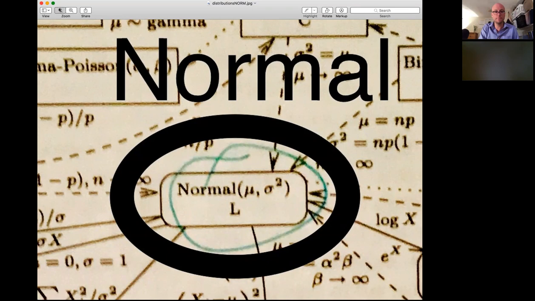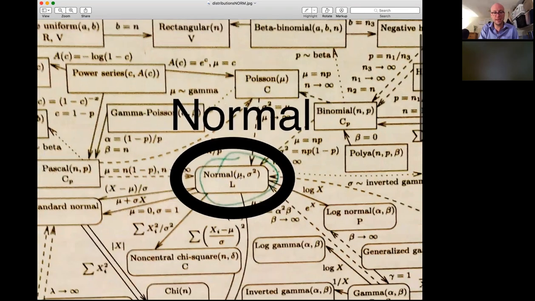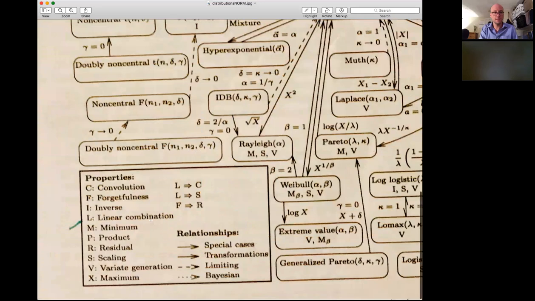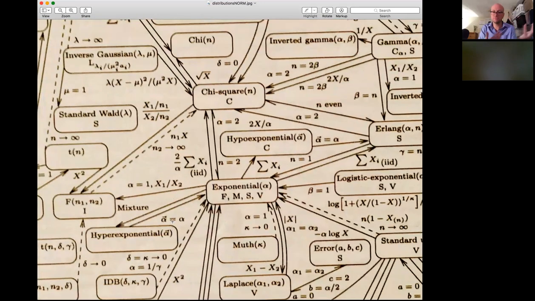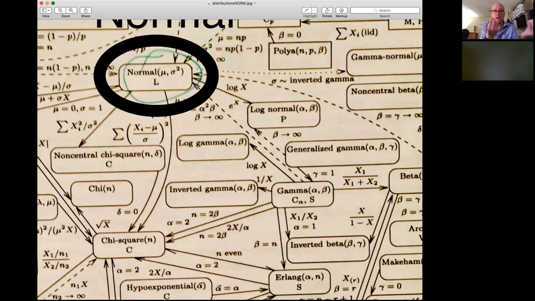I put the circle there. And if you look at the notation here, we have the Greek notation that we use in class. So we'll use the letter N for normal, comma, mu, meaning the mean, and sigma squared, this is the variance, this is not the standard deviation. And this describes the distribution, which is a symmetric mound-shaped distribution. The L here, I think, is shorthand for a linear combination. It's basically this most simple foundational